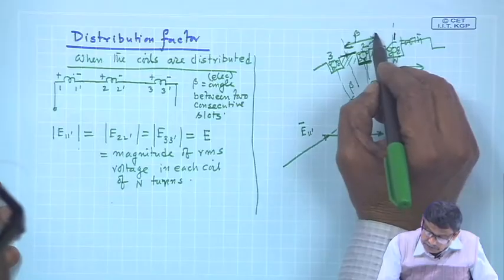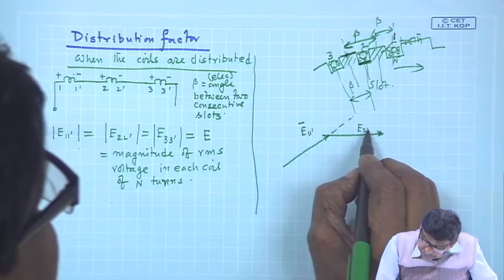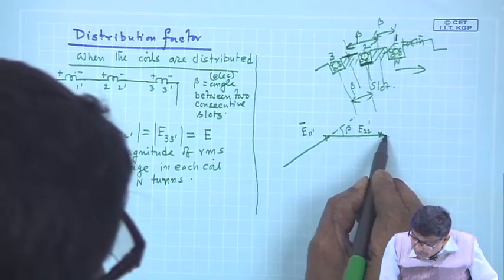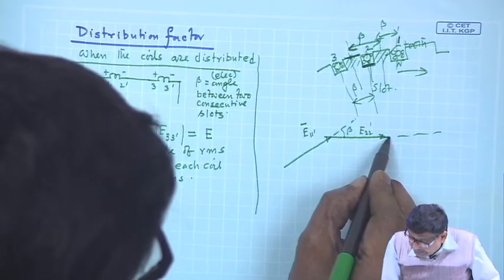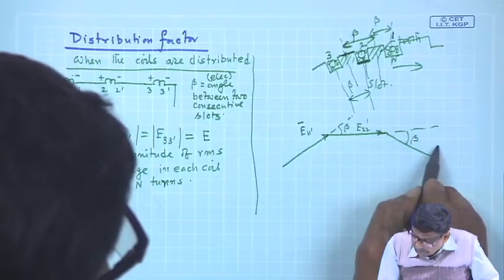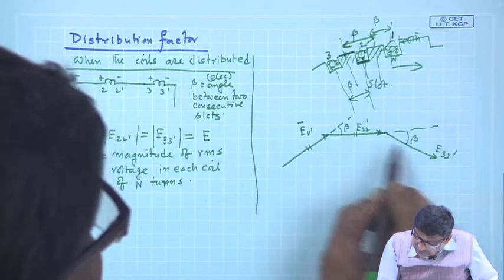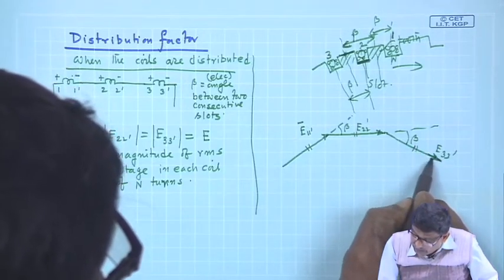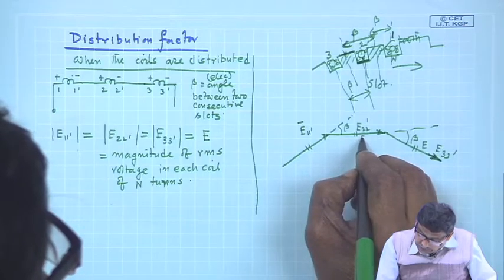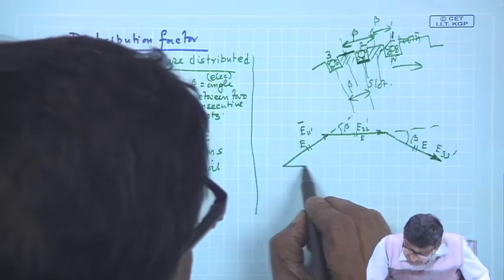This is also beta. So this is E 22 dashed and this is beta, and E 33 dashed will lag once again by beta, and this length and this length, these are all equal and equal to E. This is E, magnitude E, and the resultant voltage will be this one,